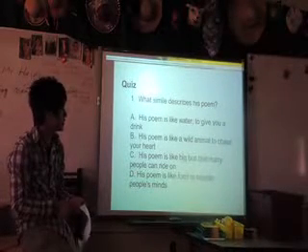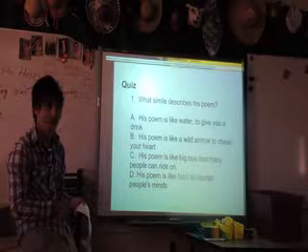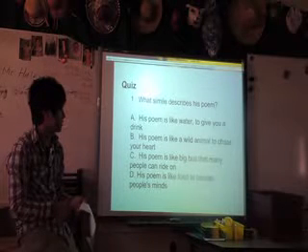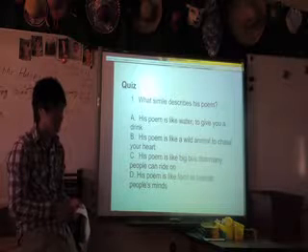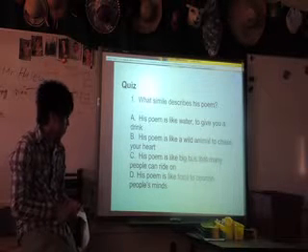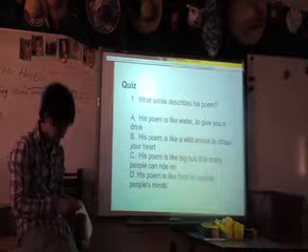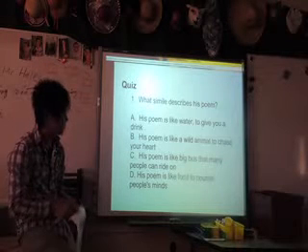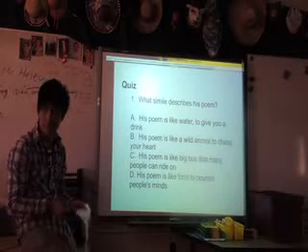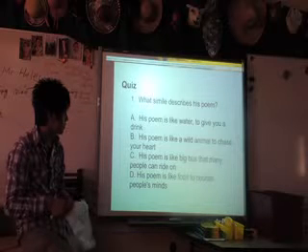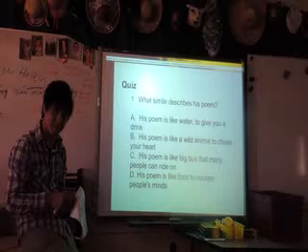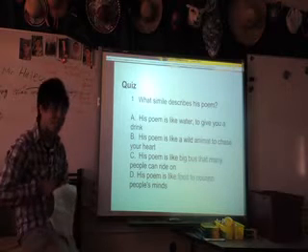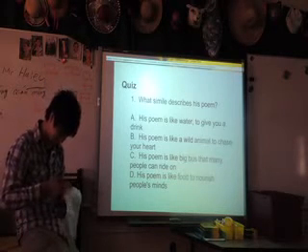What's the symbol that describes the Pope? Okay, so on the bottom of your sheet, could you write number 1, either A, B, C or D, in the back. Let's turn to the back of your sheet. Number 1. What simile describes this poem? This poem is like water to give you a drink. This poem is like a wild animal to chase your heart. This poem is like a big bus that has many people riding on it. Or this poem is like